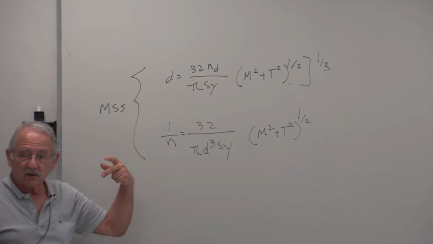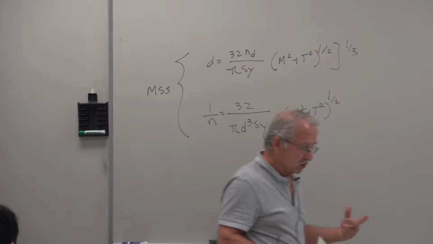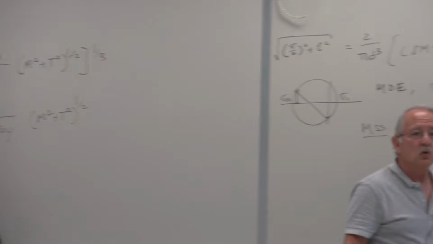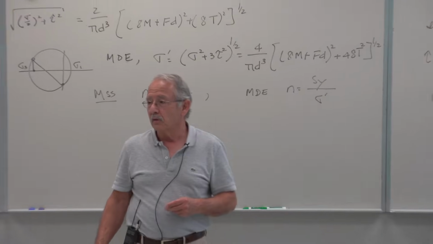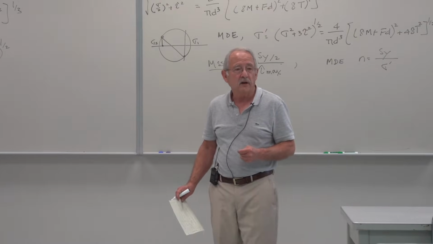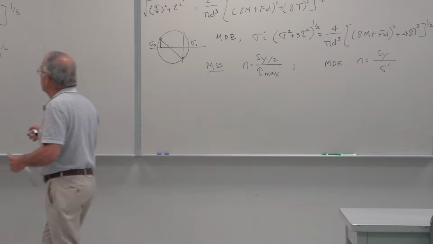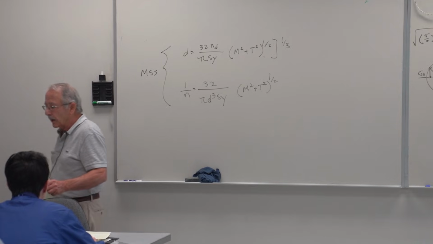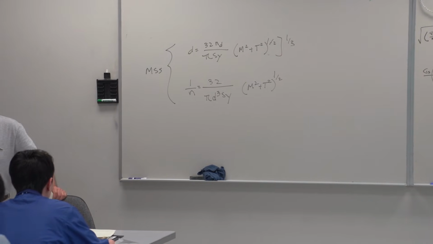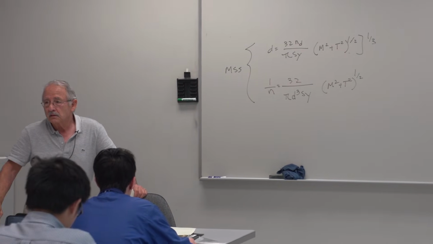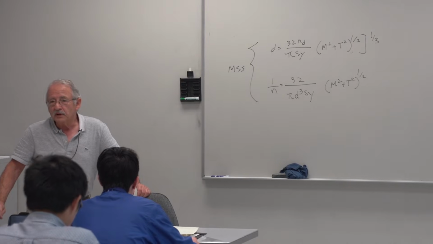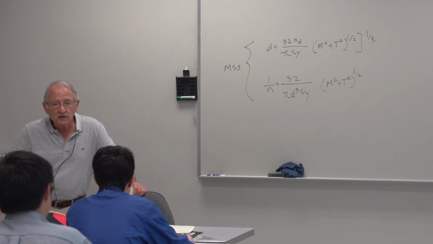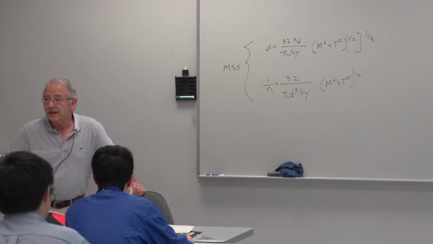The design factor is the factor with which you start your design. You say, for example, for the design factor of 2, find the diameter. So you find the diameter, and it comes out to be 1.289. Well, 1.289 is no diameter that you can find in the market, so you go up to the next